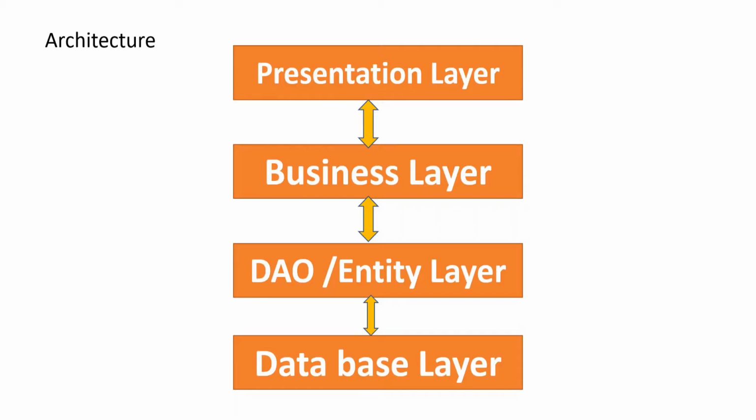The other layer is the DAO or entity layer. You can also call it the persistence layer. Basically this is the storage layer, and from here you persist the data into the database. Sometimes people also call this a persistence layer. It translates the business object to the database object. There are many ways that we will be seeing here. Either you will be using the JDBC template in a Spring or Spring Boot way, or you can use Hibernate, like the entity manager, or Spring Data JPA. We will see all these things.